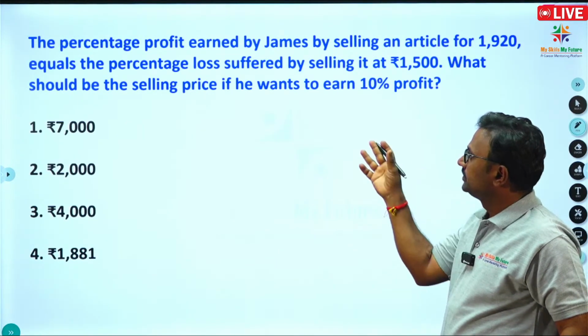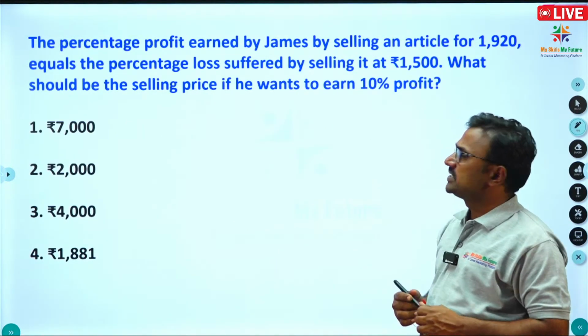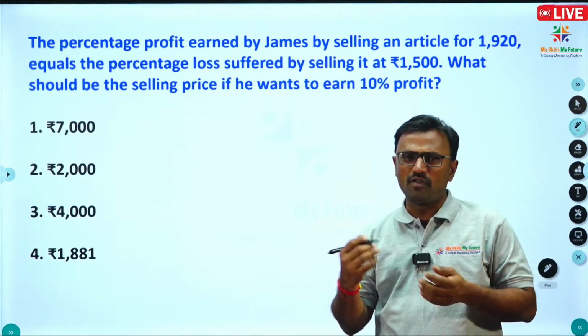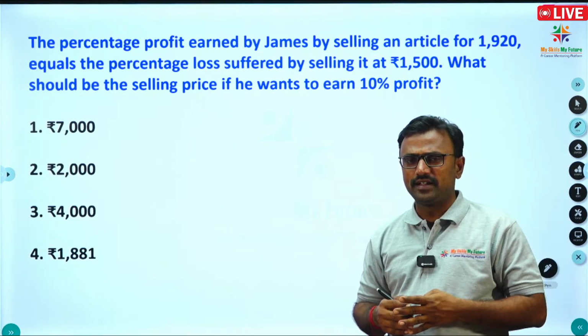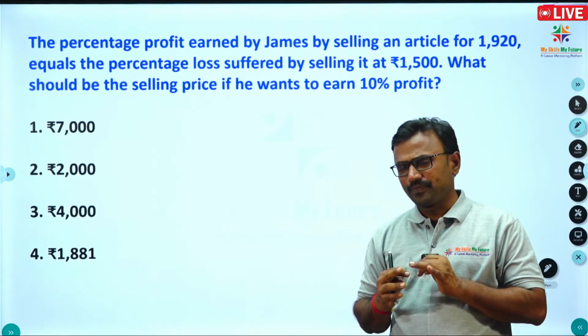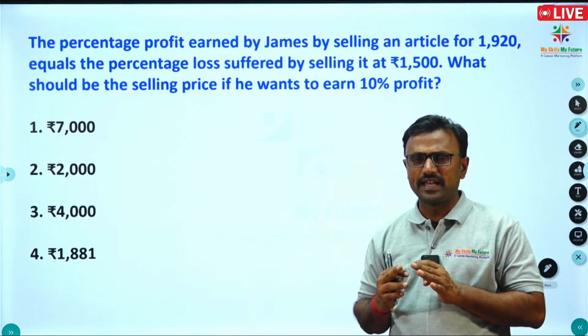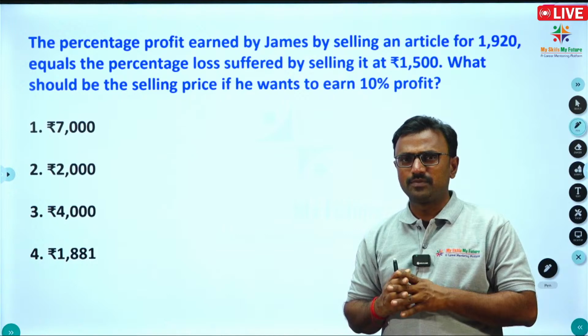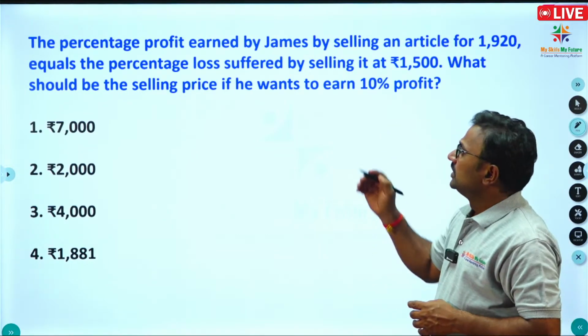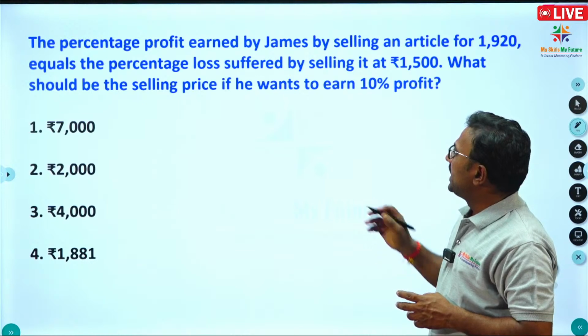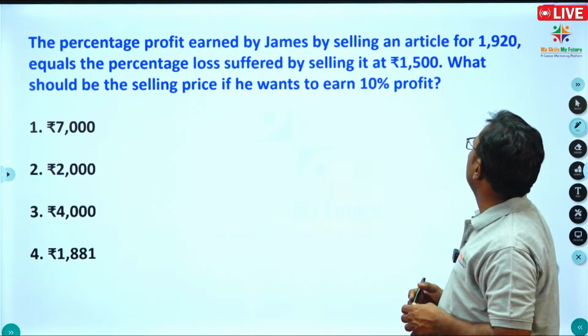The question is on percentages and profit and loss. There are 4 topics I always say: number system, percentages, averages, ratios and proportions. We must be very good at these 4 topics. So the percentage profit earned by James by selling an article for